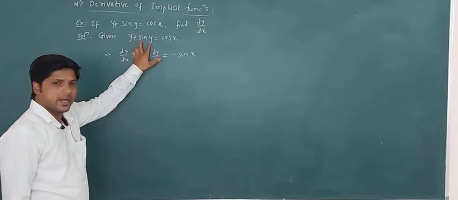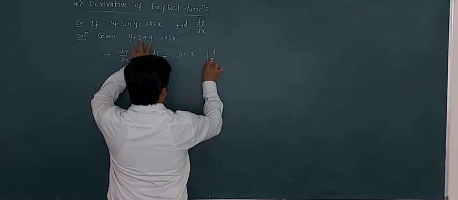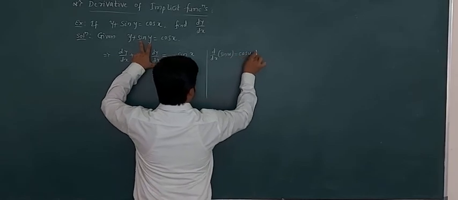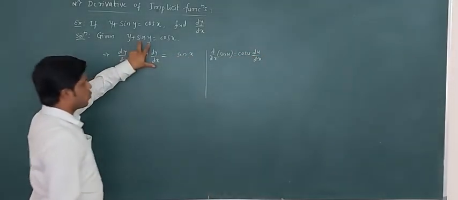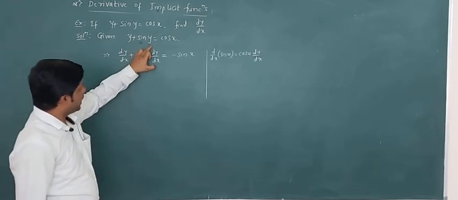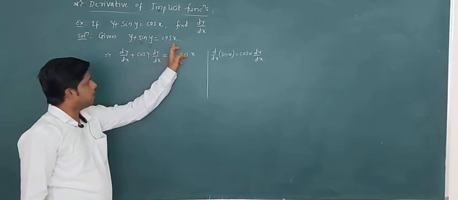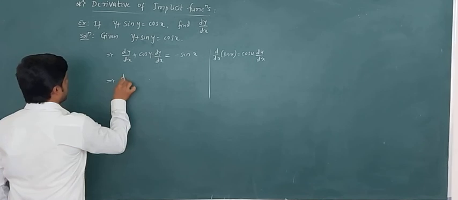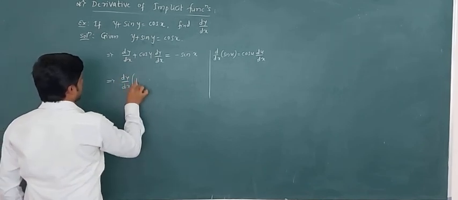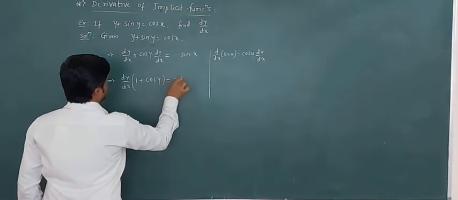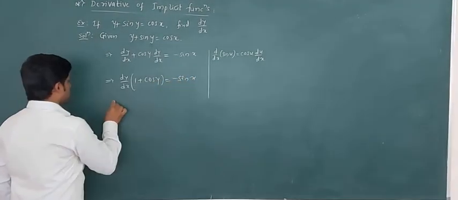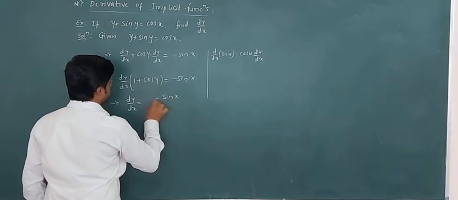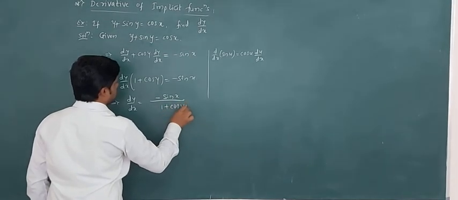Okay, here sin y is in the form of sin u differentiation. So for sin u, we know that d by dx of sin u is equal to cos u into du by dx. In place of u, we have y. So therefore, cos y into dy by dx, equal to, as usual we know that differentiation of cos x is minus sin x. Now for dy by dx, here in the LHS side dy by dx is common, take it outside. So we remain with 1 plus cos y is equal to minus sin x. So for dy by dx, we get dy by dx is equal to minus sin x divided by 1 plus cos y, which is our